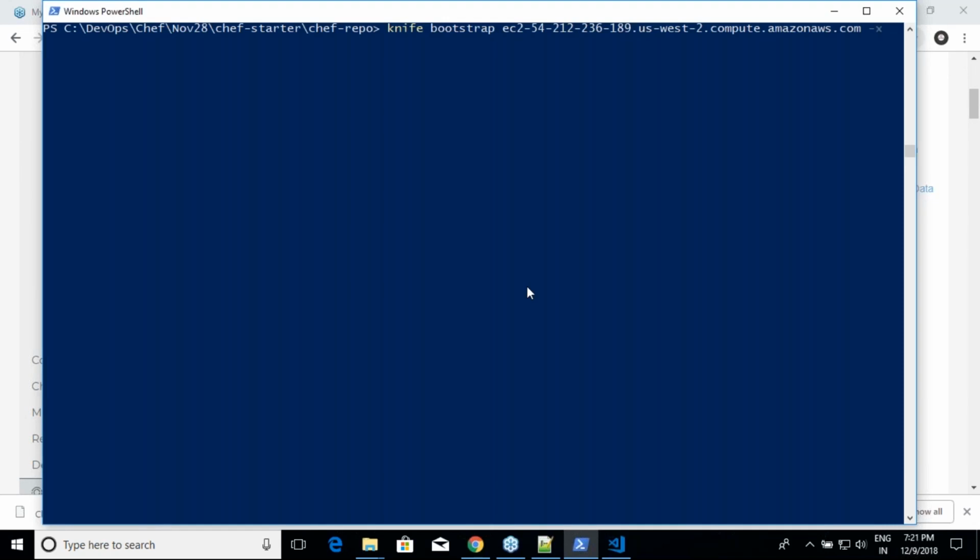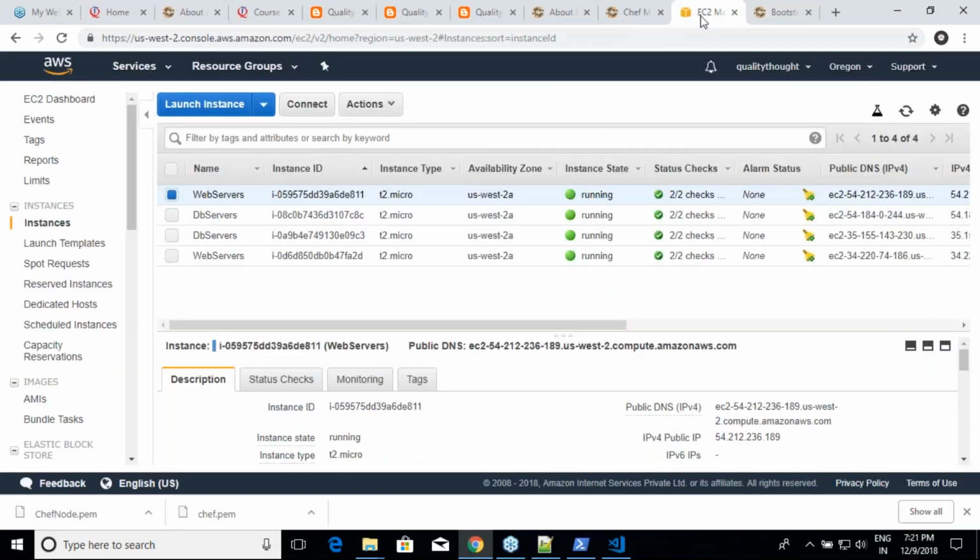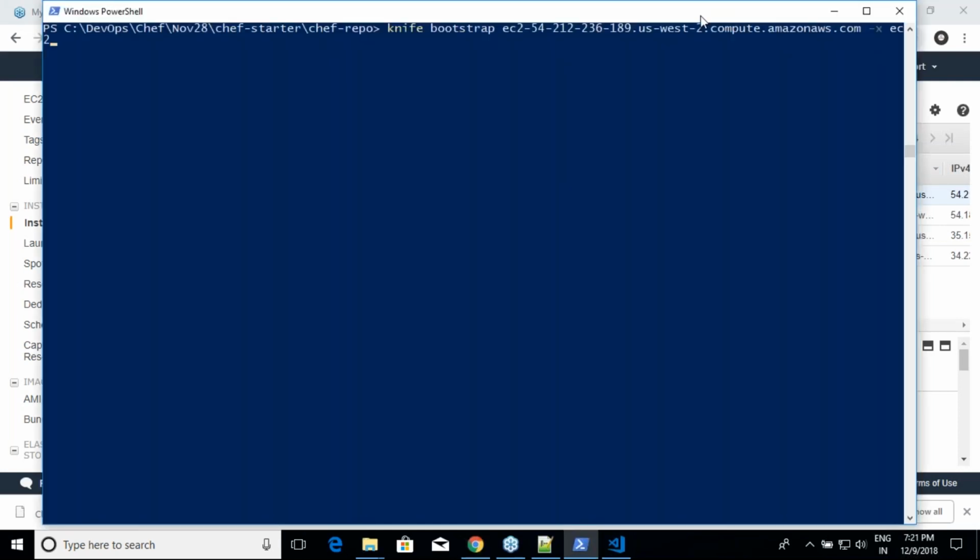Knife bootstrap, and then we have -x. And what is this machine, by the way, which I have selected? Web server. Web server is a Red Hat machine. So my username is ec2-user, and then --identity, and identity is whatever file we have, and then I have to give sudo privileges, right? Any other thing? Hyphen node, is it? And the name of the node.